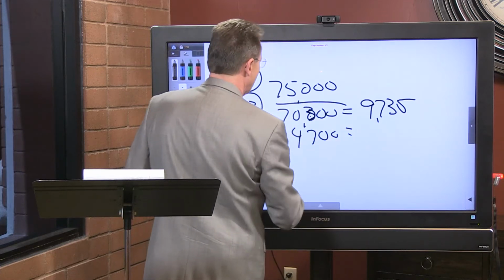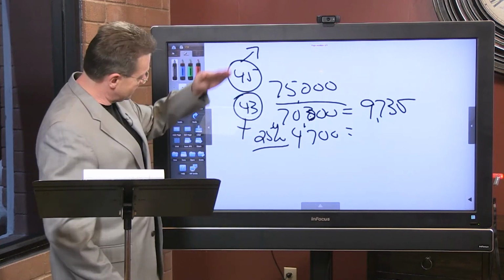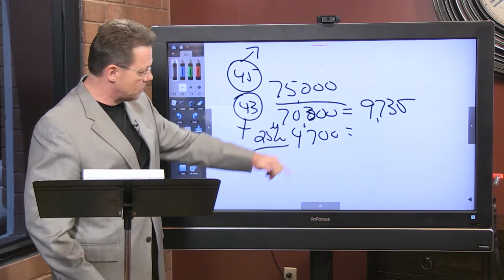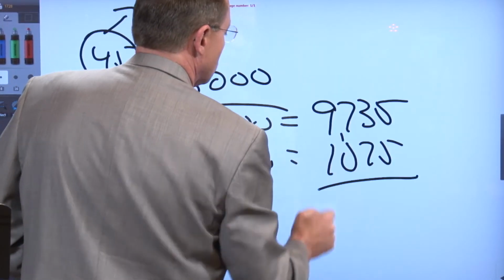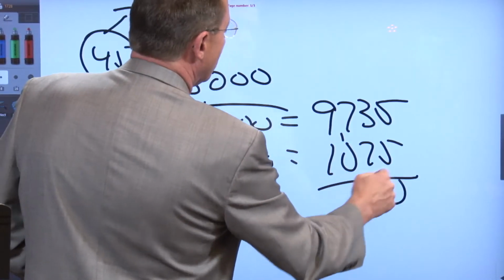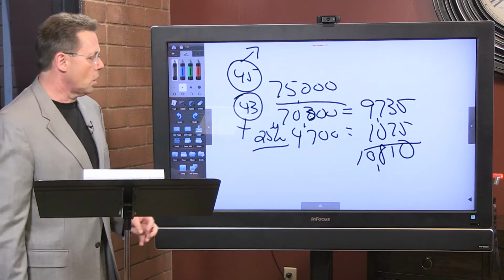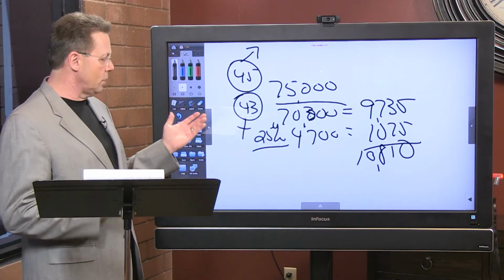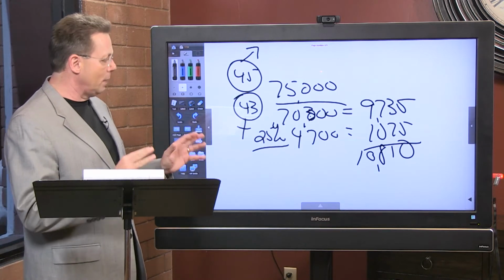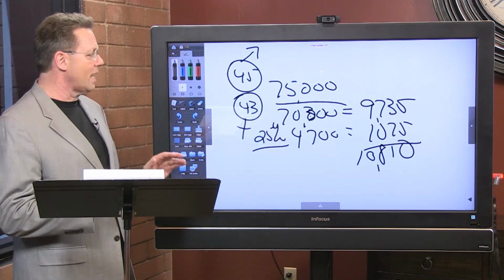And then this number is going to be in the next bracket up, because it's a step up or progressive system, 25% of that number, which is 1,075. So now when I look at that number, I'm going to sit there and say, that's the tax I'm paying. So I know I'm paying a pretty good chunk here. When I'm thinking about this kind of number, I know I'm in a blended bracket. I didn't pay too much in the high bracket there. So I'm going to look at that number and say,